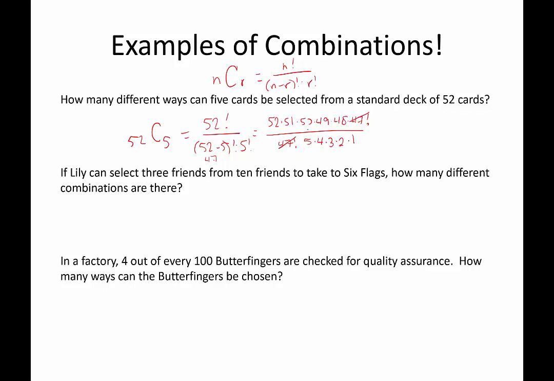So those will cancel, and then I'm just going to cancel the 5 with the 50 would be 10. 4 and 48 would be 12. 3 and 12 would be 4, and 2 and 4 would be 2. I really picked on that 48, didn't I? Leaving us with 52 times 51 times 10 times 49 times 2, which when we multiply that through, gives us